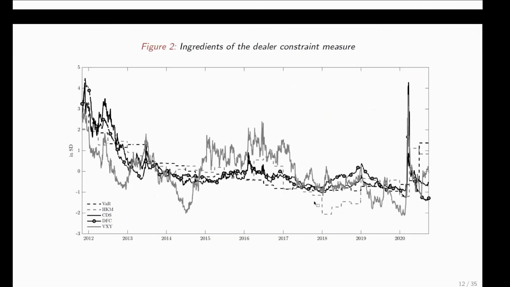You see here on this chart just how these measures fluctuate over time. Key point here is that there is just really a large amount of commonality in these measures. I should have also said that some of them, like the VAR measures and also the leverage ratio measures, we're not observing on a daily frequency, but they come in at a quarterly frequency into the measure, which is a little bit unfortunate, but still, even despite that, we see a lot of commonality in these variables, which is quite comforting for our analysis, I would say.